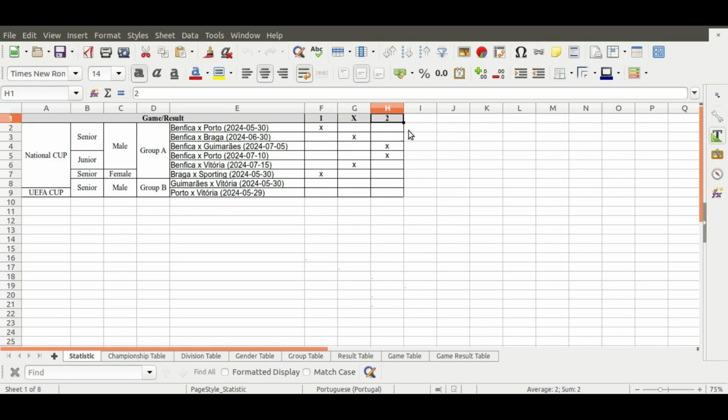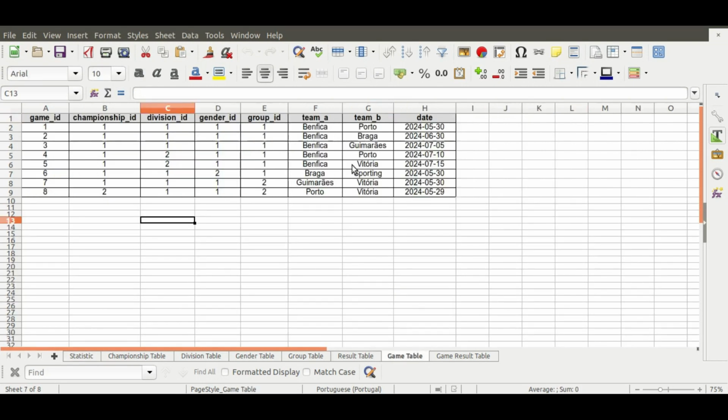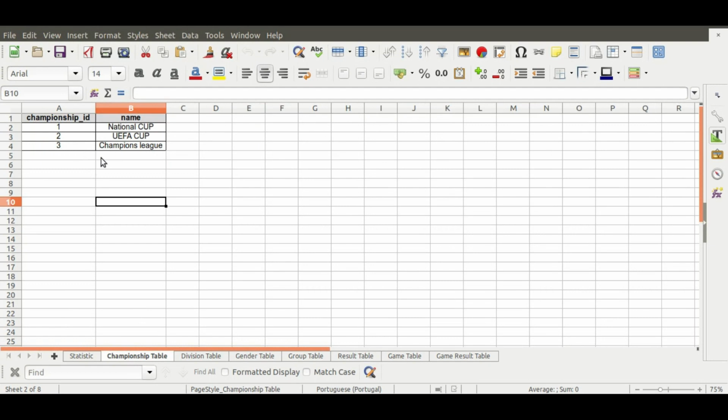team B won. So basically each game has a group, has a gender, has a division and belongs to a championship. So basically what we needed to do is create this database structure so then we can have this board. The database structure is what we have here below, where we have the games table, where a game will have a group ID, a gender, a division and a championship. The championships is basically a very simple table with the ID and the name of each